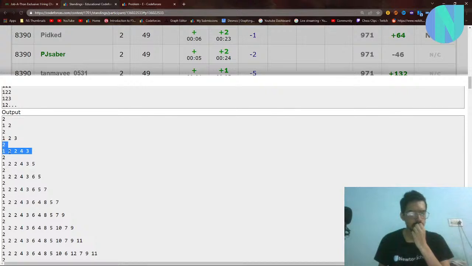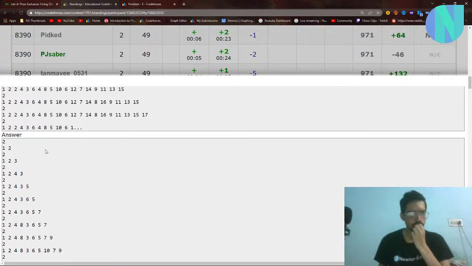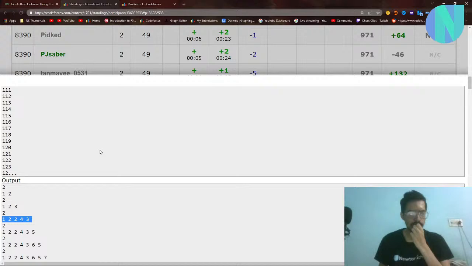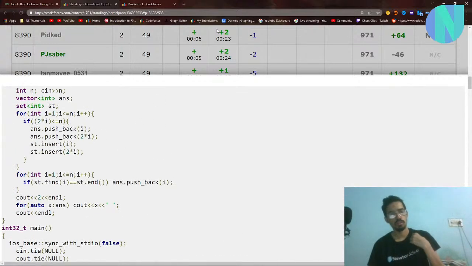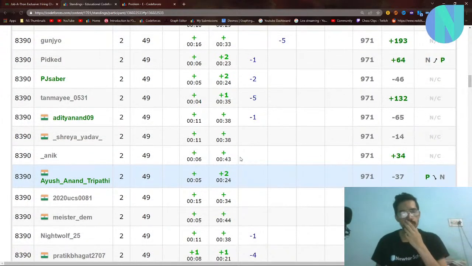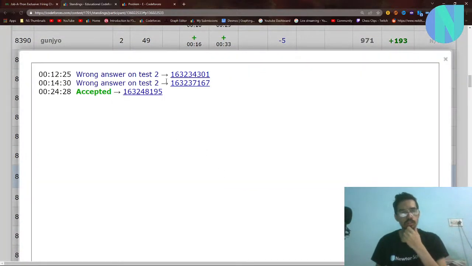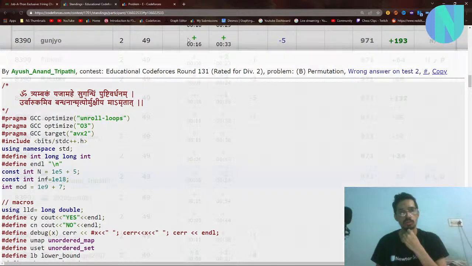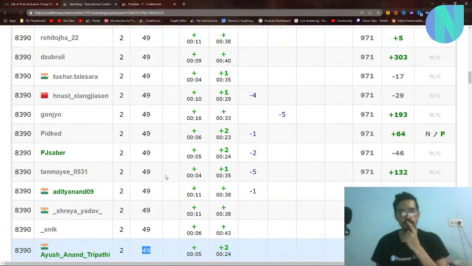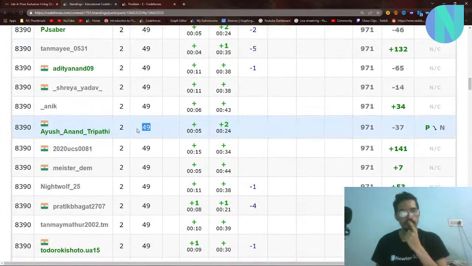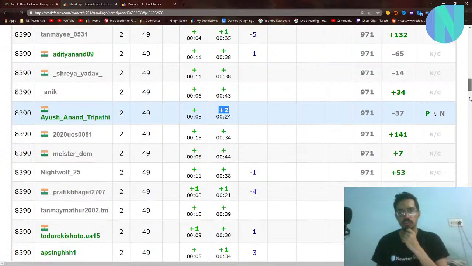So your answer is wrong here. You are printing 1 2 2 2 4 3. So you did not test your code properly, right? In terms of speed you are doing good, but you should test your code before you submit. You got 2 extra penalties here that added around 20 minutes to your rating. If you did not have 2 penalties, your time would be around 29 minutes.